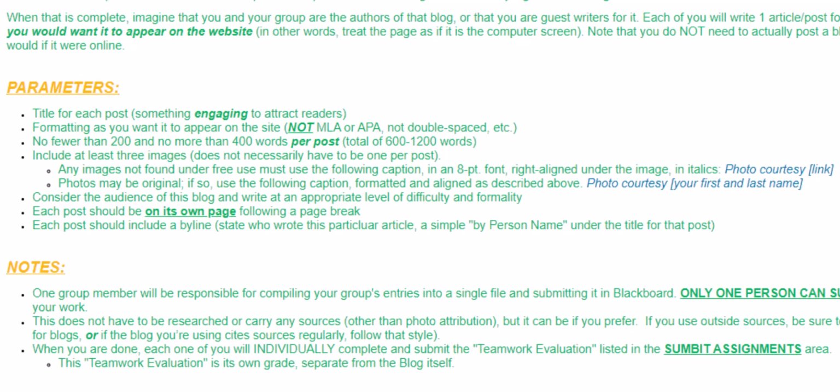Photos can be original, so if you are doing, for example, a car blog and you each have pictures of a car that you took, just make sure you put photo courtesy and your first and last name underneath it. Make sure that you consider the audience of this blog and write at a level of difficulty and formality that's appropriate to them. For example, if you're writing to practicing doctors, you're going to write differently than if you're writing to an 8th